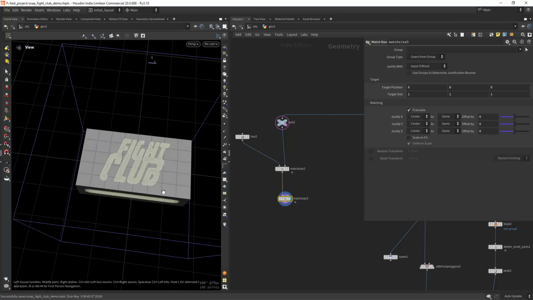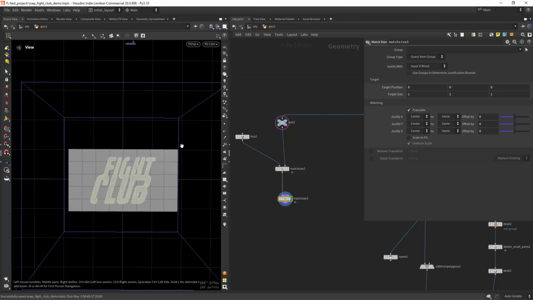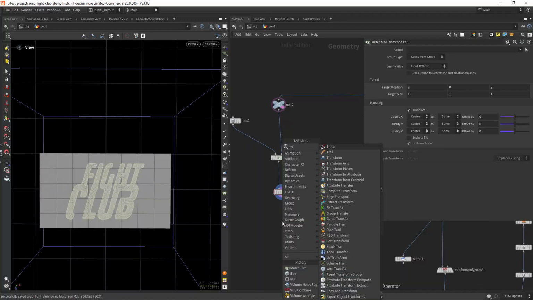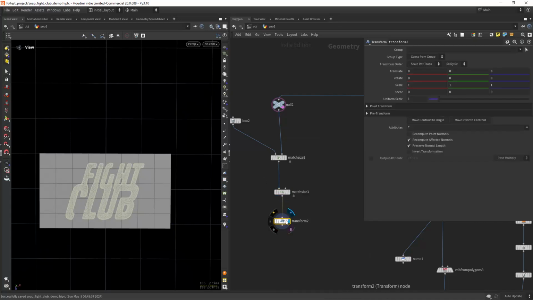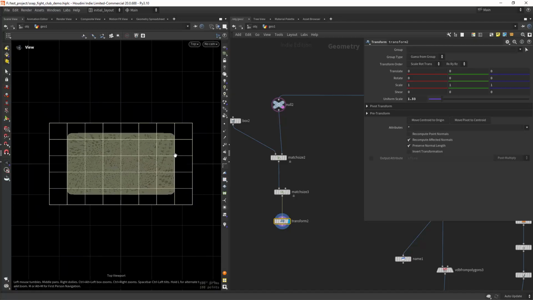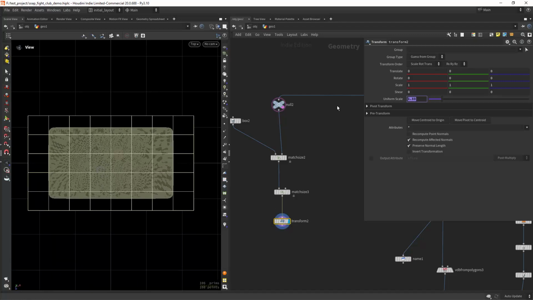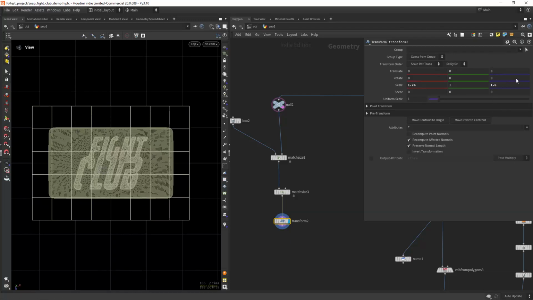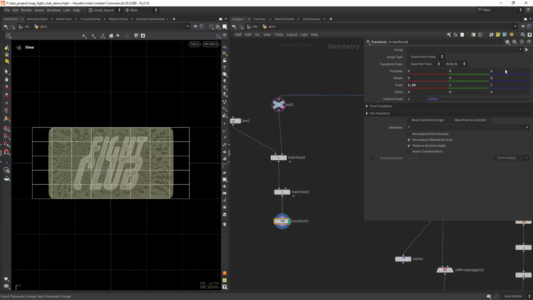We need to scale it while keeping it equidistant. I believe that's the word. So bear with me. If we scale it like this, as you can see, the space between all sides is not the same, so we could eyeball it. So let's say we scale it by 1.26 and we can try to eyeball it, but I'm not very good